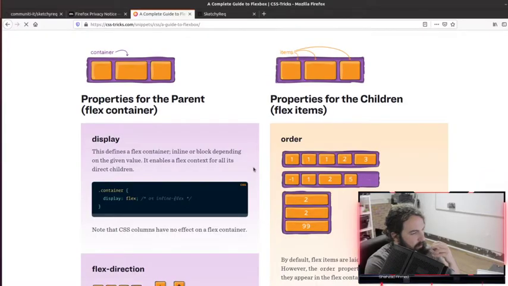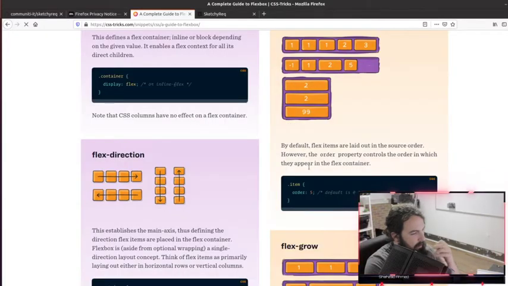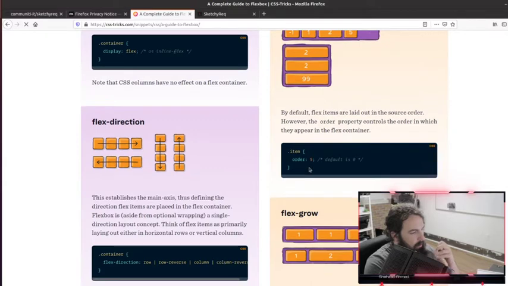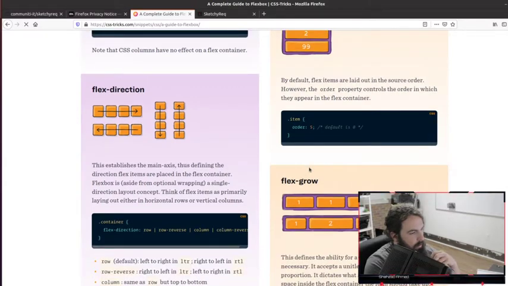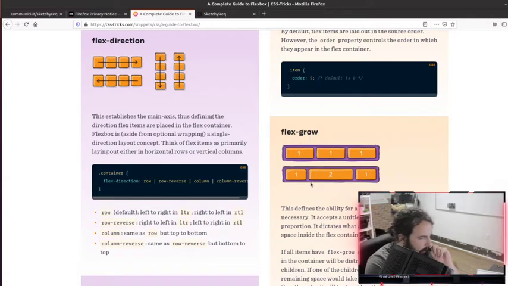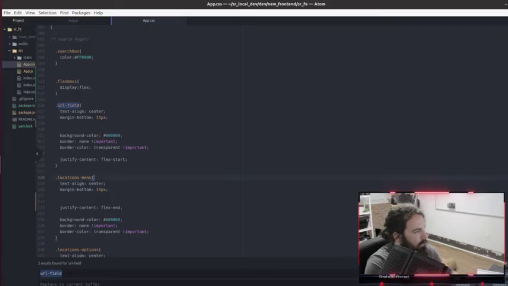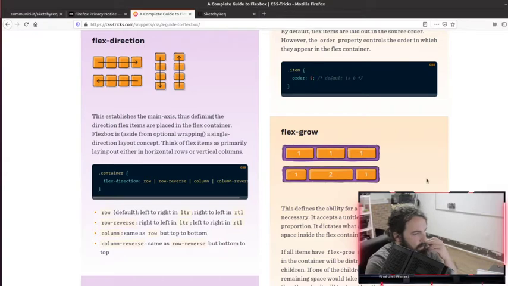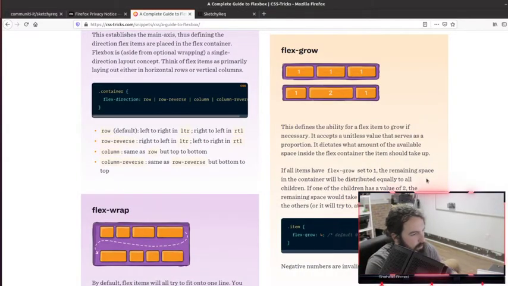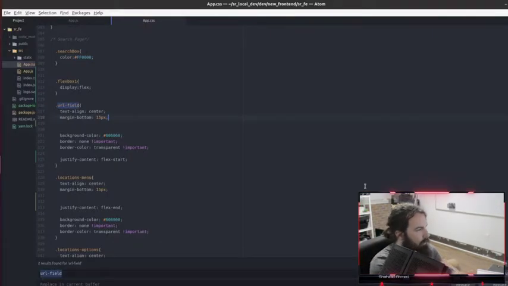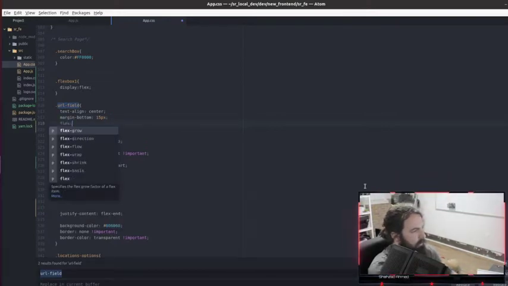All right, we got order. Don't need to worry about that. So we want flex grow, I think. So we want URL field to flex grow.